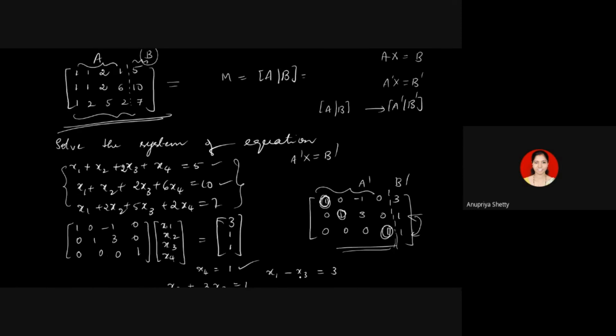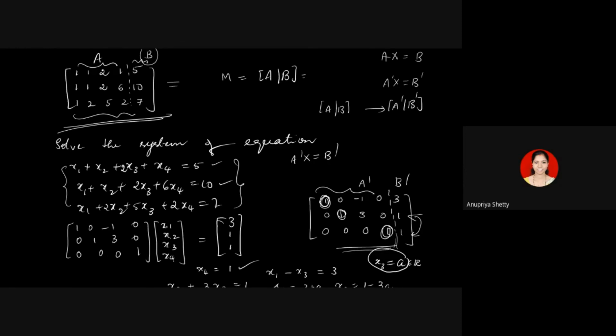What we will do is give an arbitrary value to x3. We have two equations in three unknowns now. There is x1 and x3 here, and x2 and x3 here. We will give some arbitrary value a, where a is some real number, to x3. If I give an arbitrary value a to x3, I get x1 equal to 3 plus a. a could be any real number of your choice, so you have infinitely many choices. Giving a value to x3, you find x1, that is 3 plus a. What is x2 now? It is 1 minus 3a, because here also you have x3.